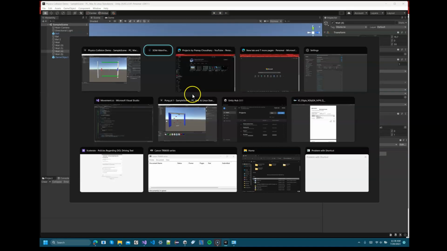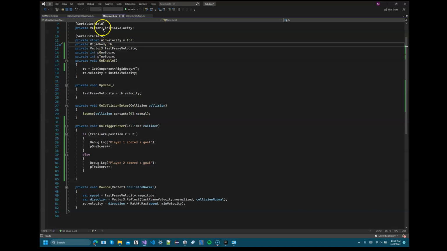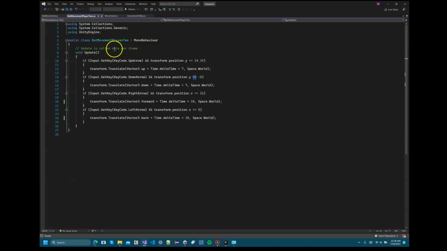How did this work? Well, the bat movement is basically from Input.GetKey, so for the up arrow, down arrow, right arrow, left arrow, I translated my transform Vector3.up in terms of Time.deltaTime by a multiply of 7 in the term of Space.World. Also put boundaries over here by our transform.position for y and z to make sure that the bat didn't